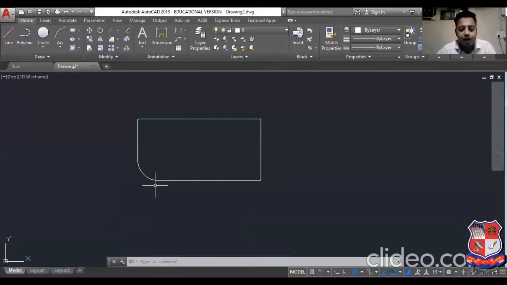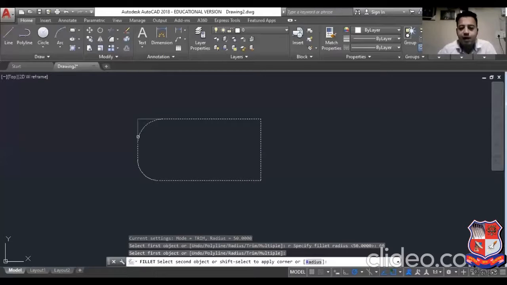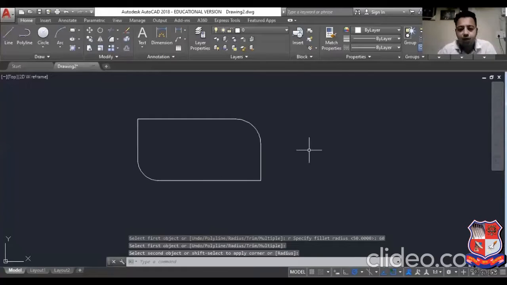Again I will say F enter, and the radius I will again select, or you can take directly R enter, F enter, R enter. Okay, directly. So again, it will ask me for the visual radius. If you want to keep it same, then okay. Then if you want to change it, then go for 60. And now select one line and select second line. Okay. You can also select this line or you can also select this line. So that is the application of the fillet as per the application of part.